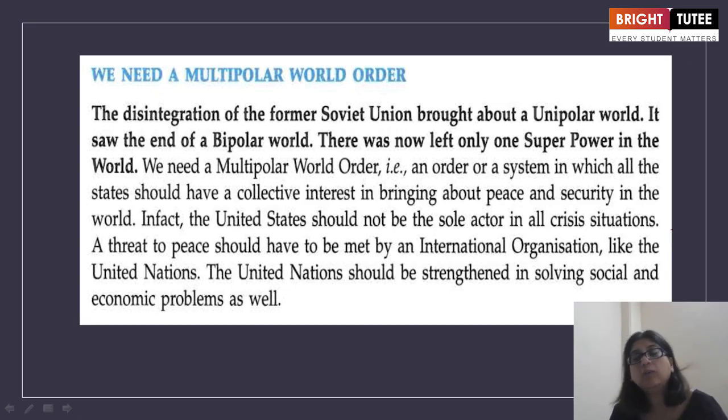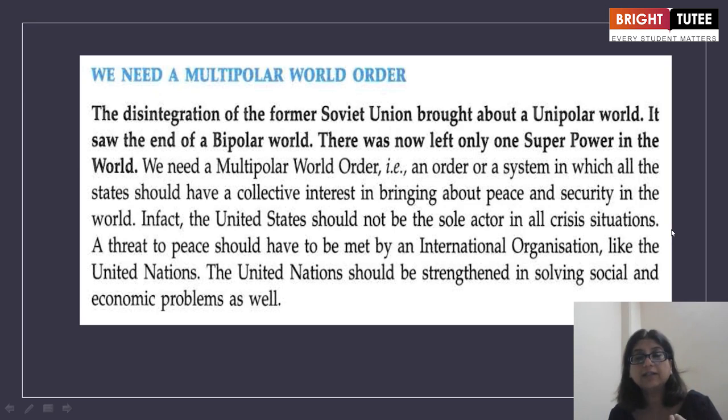We need a multipolar world order. The disintegration of the former Soviet Union brought about a unipolar world, and it saw the end of the bipolar world. There was now left only one superpower in the world, and we need a multipolar world order. An order, a system in which all the states should have a collective interest in bringing about peace and security in